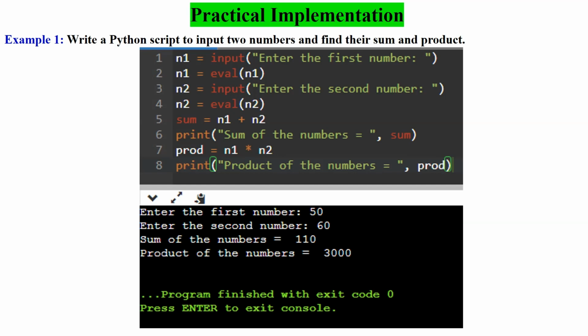The user's input is stored in the variable n2. Similarly to the previous step, the eval function is used to evaluate the value of n2, converting it from a string to a numerical value and assigning it back to the n2 variable. The code then calculates the sum of n1 and n2 by adding them together and assigns the result to the variable sum. It uses the print function to display the calculated sum to the user, along with the message, sum